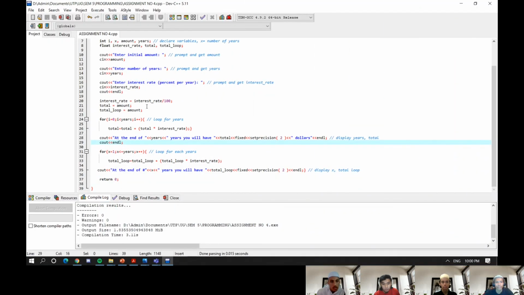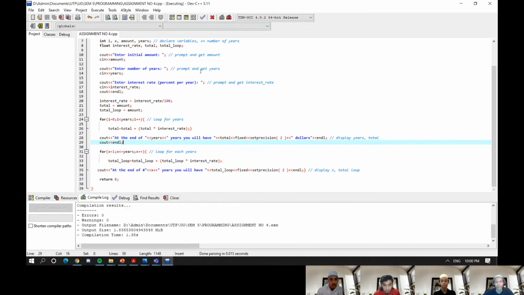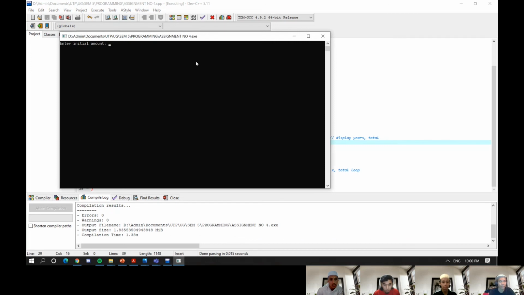This is the coding. We also use set precision to make sure the money will not have extra decimal places. So I will run the program. For example, we put 3,000 for the initial amount. The number of years we will put 10 years, and the interest rate is 5.5%.